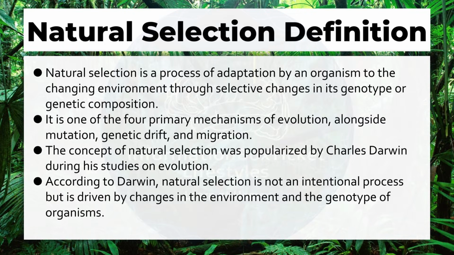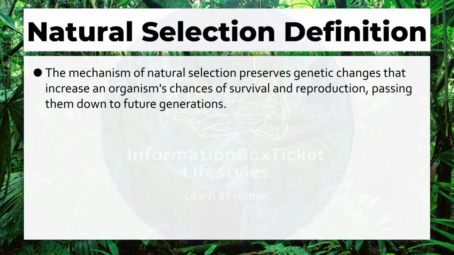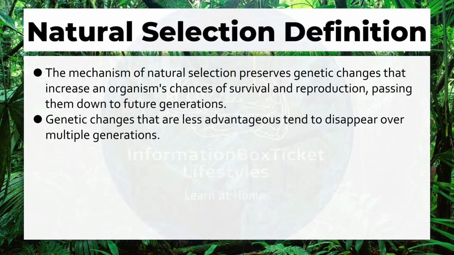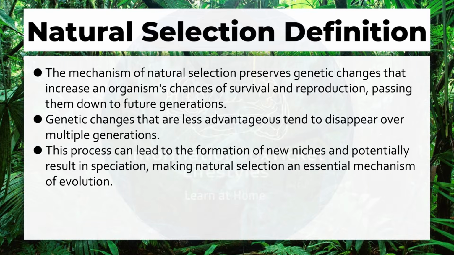According to Darwin, natural selection is not an intentional process, but is driven by changes in the environment and the genotype of organisms. The mechanism of natural selection preserves genetic changes that increase an organism's chances of survival and reproduction, passing them down to future generations. Genetic changes that are less advantageous tend to disappear over multiple generations. This process can lead to the formation of new niches and potentially result in speciation, making natural selection an essential